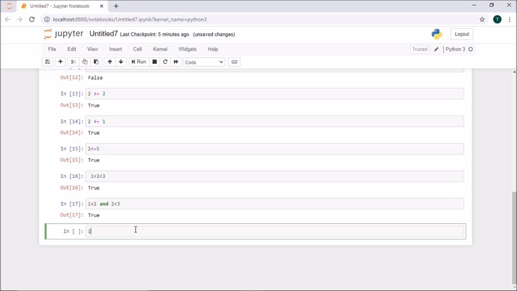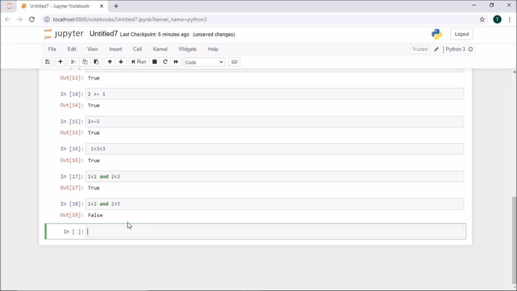If any one of my conditions doesn't satisfy, suppose 2 is greater than 3, this condition is satisfied, but this condition isn't. Obviously 2 is not greater than 3, right? So this condition didn't satisfy. So what will I be getting? I'll be getting false, right?